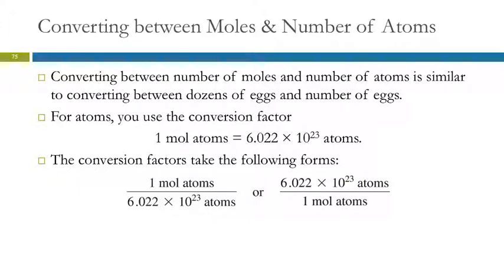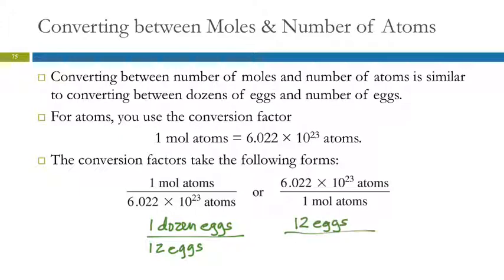And this is like what you would do with a dozen. So 1 dozen eggs is equal to 12 eggs, right? Or you can say 12 eggs per 1 dozen eggs, right? So if I wanted to know how many eggs are in that 5 dozen package,